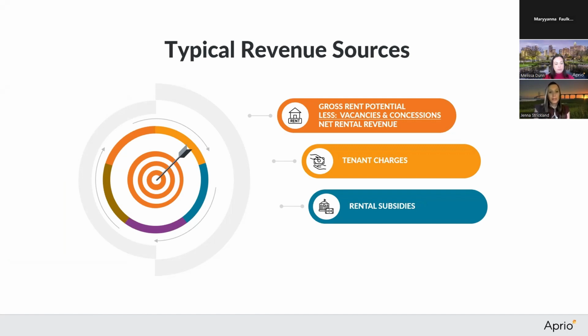Next, we're going to show our tenant charges. This is typically amounts that are being paid by the tenants that aren't related to rent. So usually like a pet fee, a late fee, laundry income, parking income, things like that. It's going to be pretty insignificant when compared to our rent revenue. Our rent revenue is really the focus. And then we can also sometimes see our rental subsidies. If you have a rental subsidy, it will be shown here as well. Those rental subsidies are typically Section 8 or some kind of other state or local subsidy for housing that your tenants are receiving based on their income status. So that's going to be our typical revenue sources.